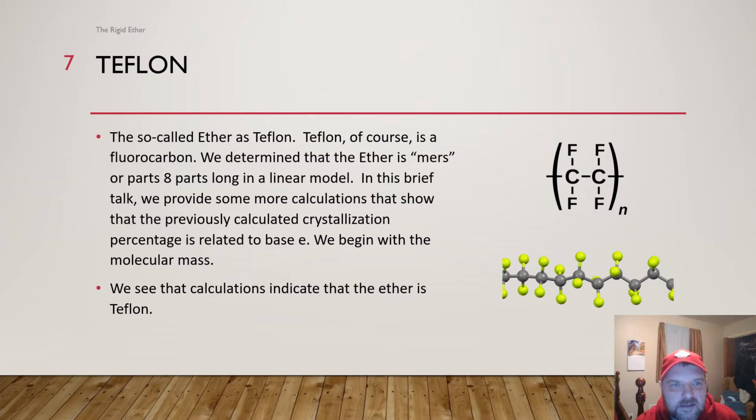The so-called ether, as Teflon, is of course a fluorocarbon. We determined that the ether is mers 8 parts long in a linear model. As per the picture there, the carbon backbone and the fluorines are off the carbons. In this brief talk, we provide some more calculations to show that the previously calculated crystallization percentage is related to base e,